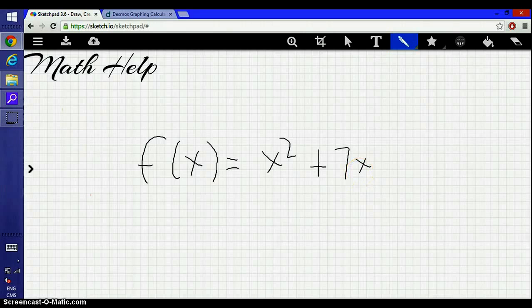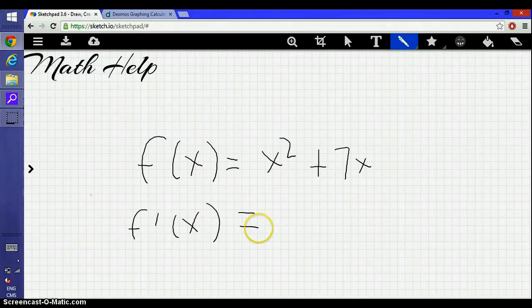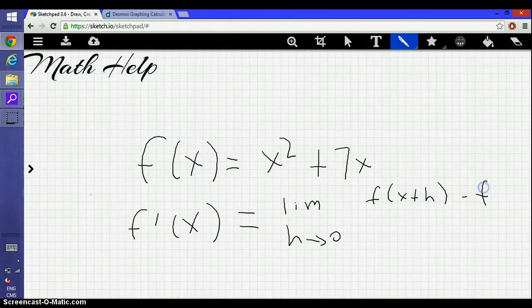So this is f of x. The equation for the first principle is f prime of x is equal to the limit as h approaches 0 of f of x plus h minus f of x